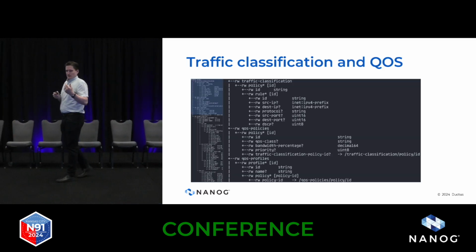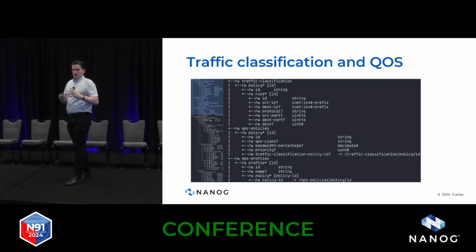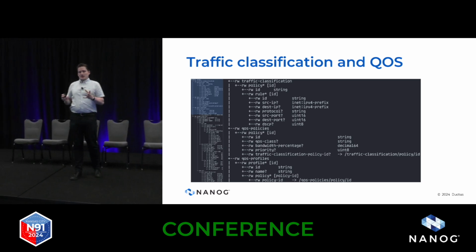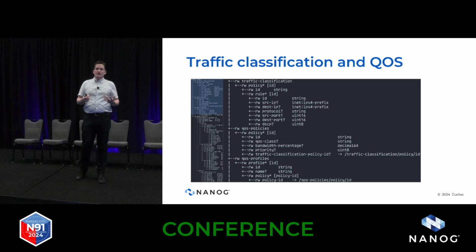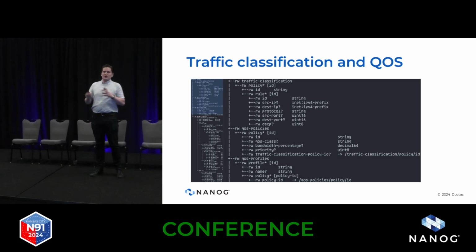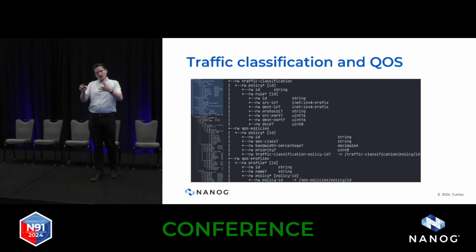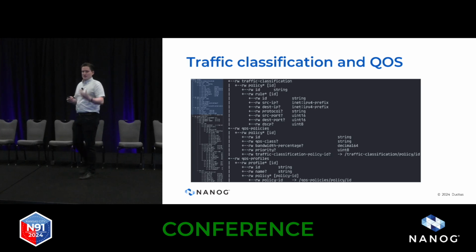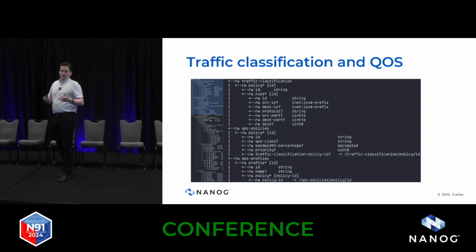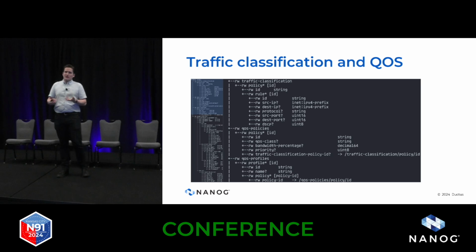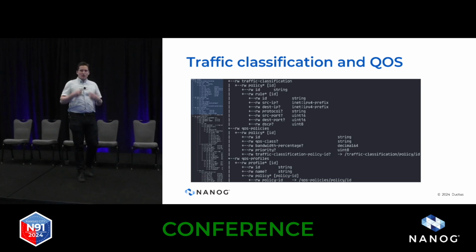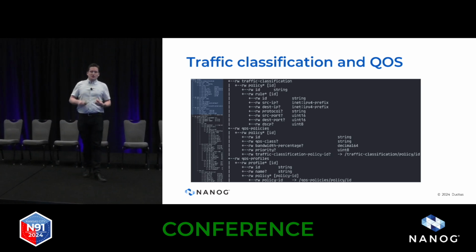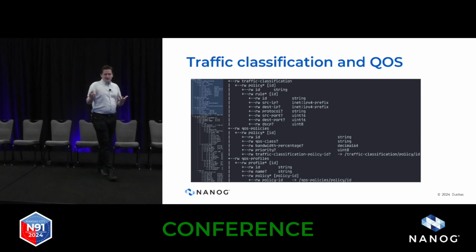So first of all, let's take a look at traffic classification and QoS. We have this idea of traffic classification apart from any particular customer, which we can configure. This is like the model where we said we had a model of our physical network, for example. Here we have a model of different traffic classification policies, different QoS policies and profiles. So you can build up the QoS policies for multiple traffic classification policies and create profiles, which are combinations of those QoS policies.